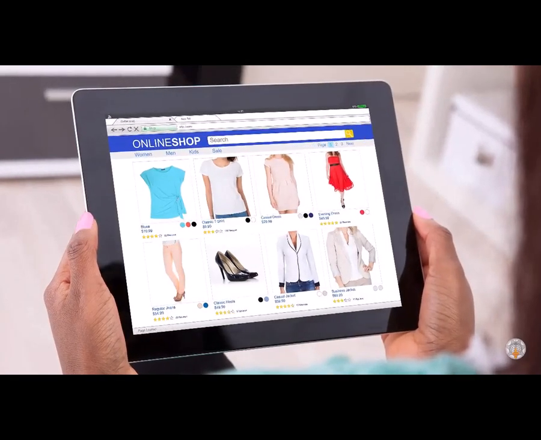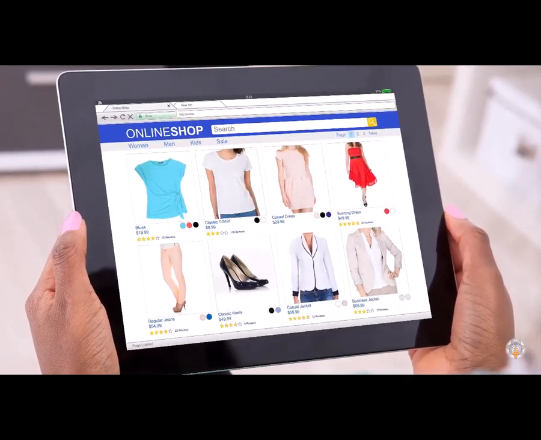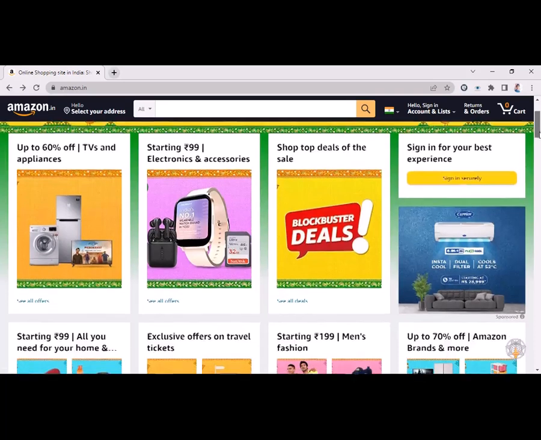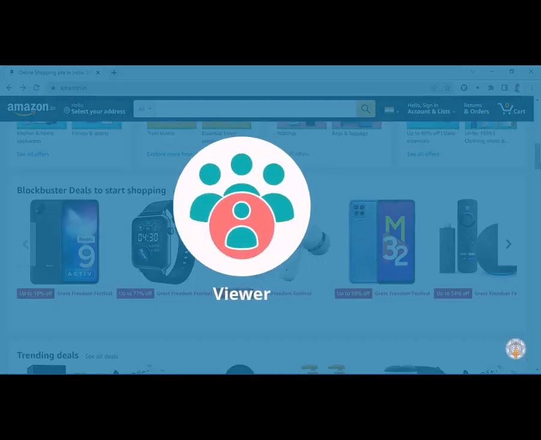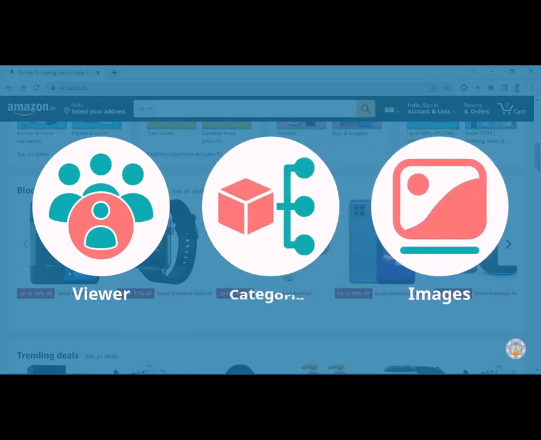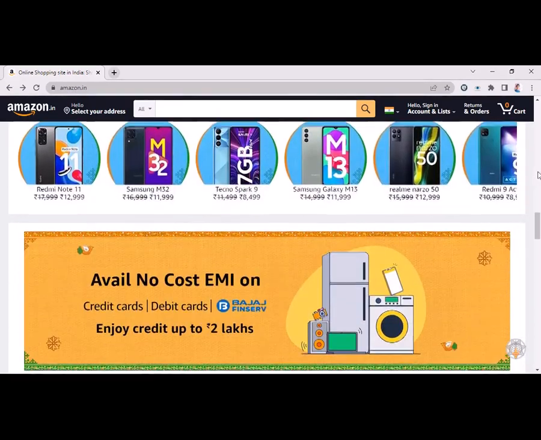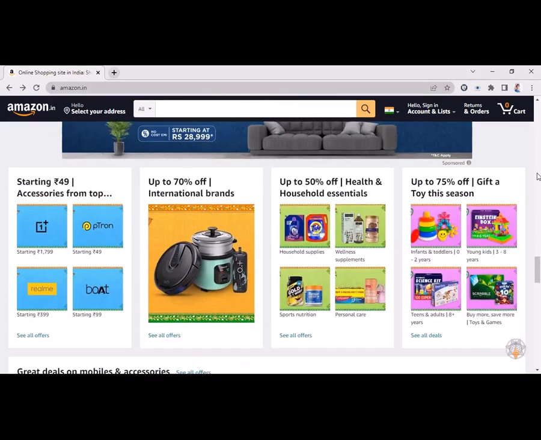Let's see some beautiful color schemes used in a few e-commerce websites. This is a website. It has a monochromatic color scheme which helps a viewer focus on the product images and differentiate product categories from the other. It's an excellent example of how a color scheme can create variations while still giving continuity.